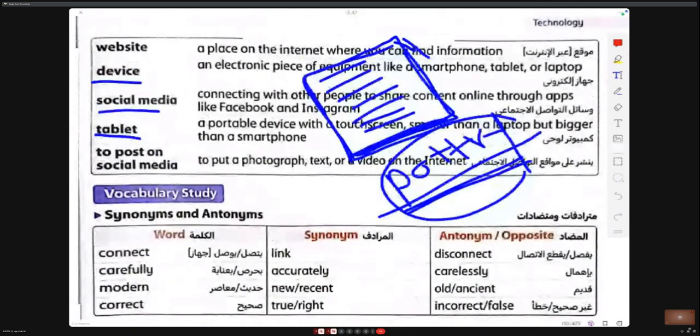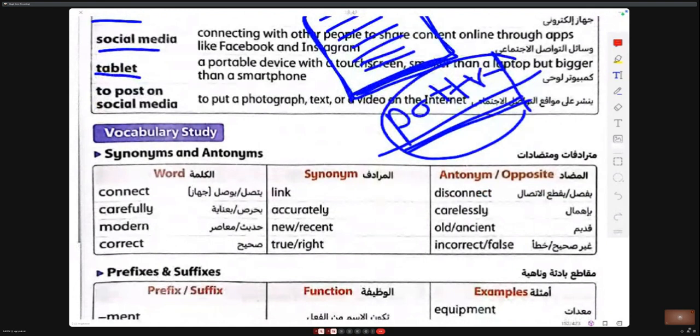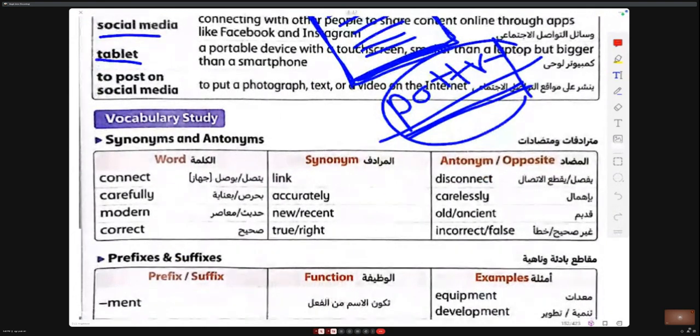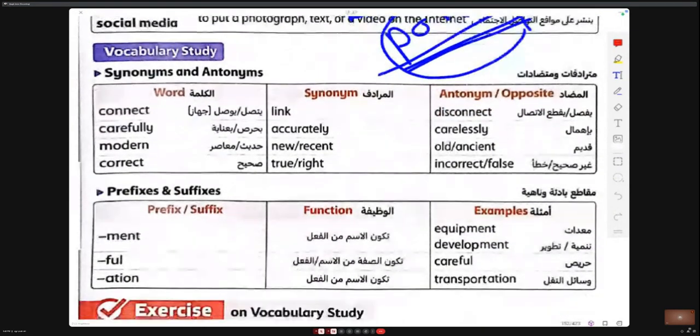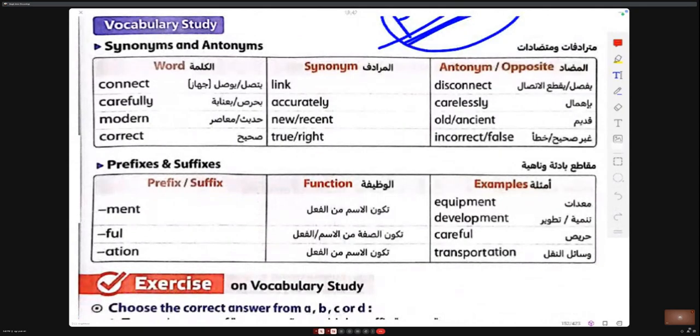Tablet to post on social media, to send posts on social media like photos, text. Connect means link. The antonym is disconnect. Carefully, accurately; the noun of accurately is accuracy.